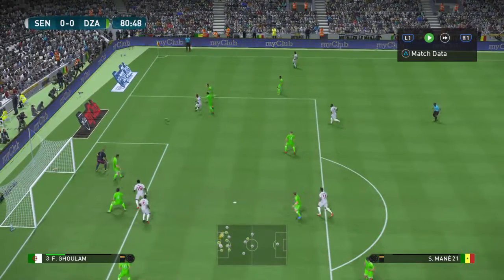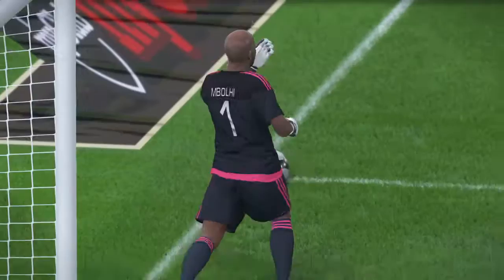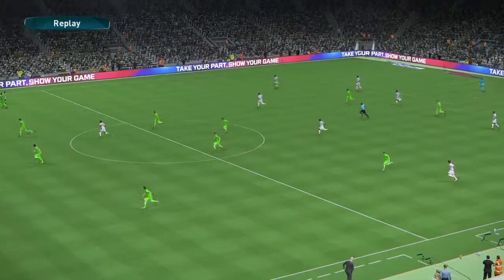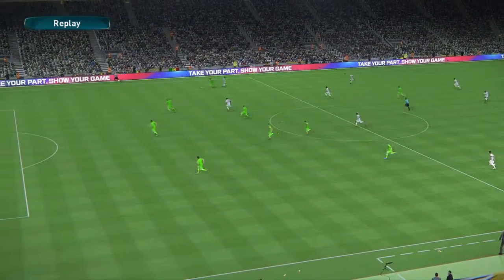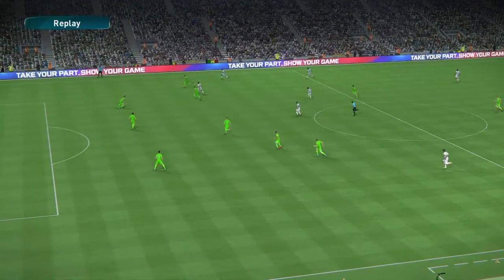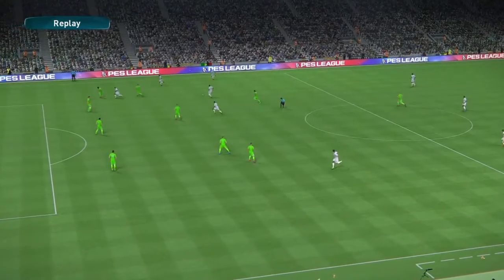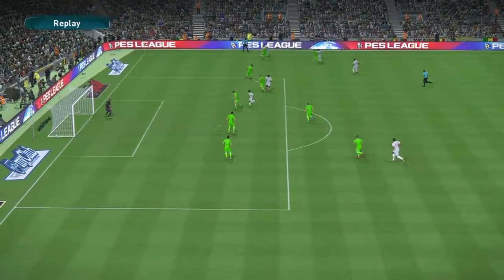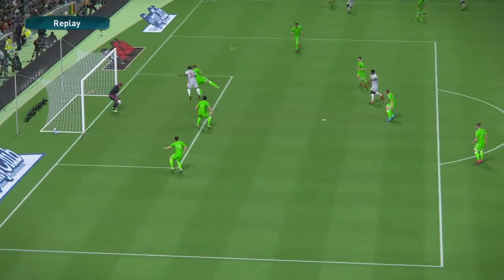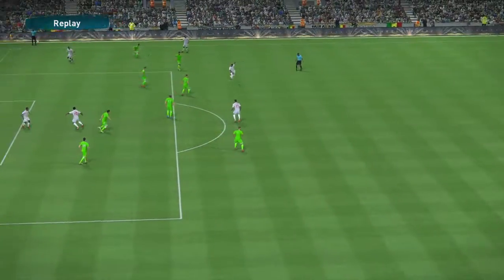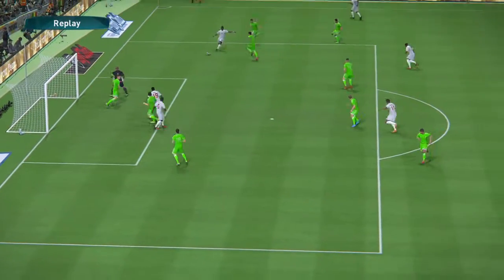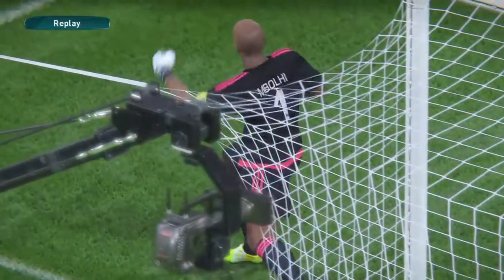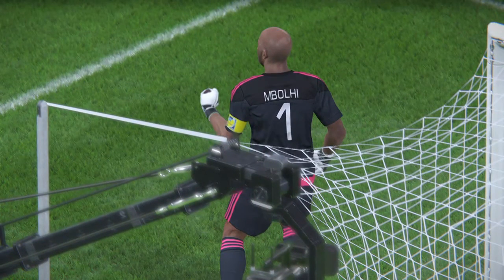Oh, beautiful volley, and cleared there by the goalkeeper. That was a beautiful volley, and the goalkeeper did well to save that, and the follow-up shot was saved by him again. And as you can see here on the replay, as the ball went down the flank, a cross into the box, and a beautiful volley from way outside. Goalkeeper saved that, and the second one came back from Mene, and the goalkeeper managed to push that out for a corner kick to Senegal.